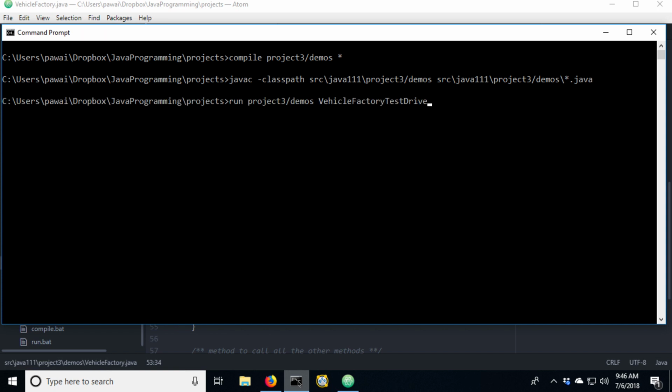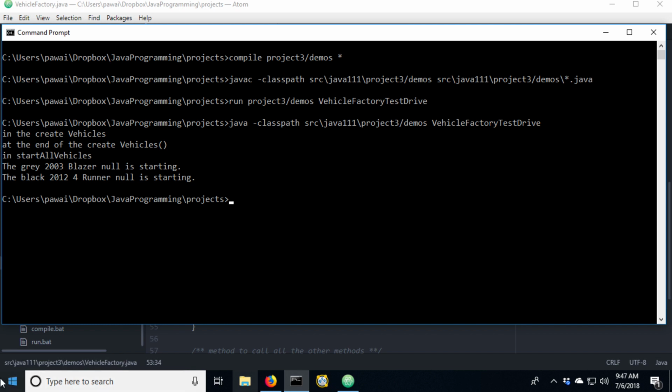So compile looks good. Let's go ahead and run. And now we can see our vehicle. We've still got these system.out.println lines that I was using as a debugging demo. And then we have the output here. Null, I just haven't populated that particular piece of data, so that's why we're seeing null there.